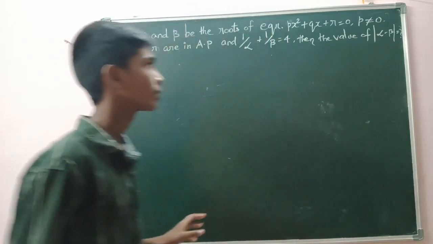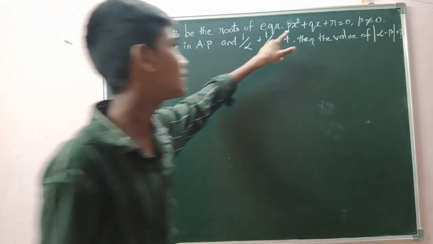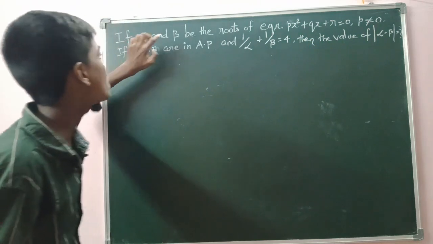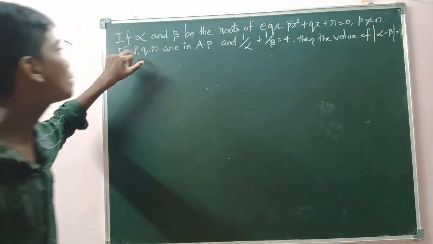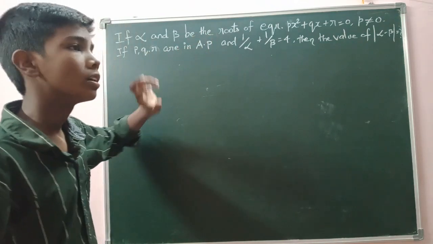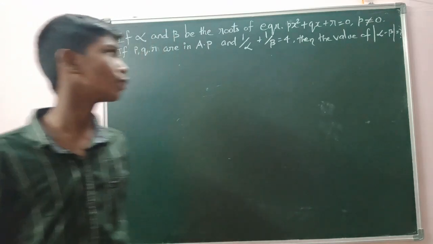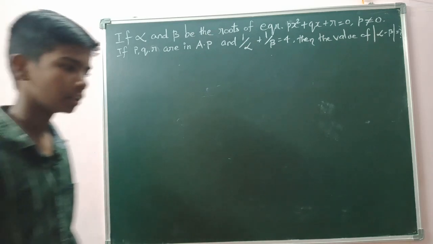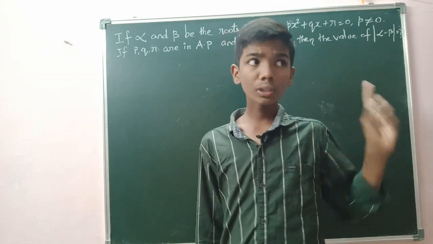So people, in the question it is given that there is an equation px square plus qx plus r is equal to 0, such that alpha and beta are the roots of that particular equation, as well as p comma q comma r are in AP, and also it is given that the sum of the reciprocals of the roots is nothing but 4, and they are asking us to find the value of modulus of alpha minus beta. So people, first how I am going to approach this question is,